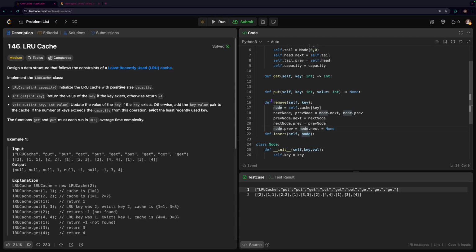So if we have a list, what we're doing is we're taking this previous node and setting its next pointer to be the next node, and for the next node we're taking its previous pointer and setting that to be the previous node, and that's pretty much how we get rid of that node in the middle. Now for the insertion method, it's going to be super similar. I'm going to get into why in a second, why a node is being passed into here instead of a key. But what we're just going to do is say